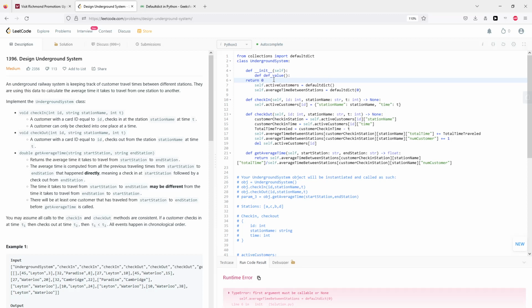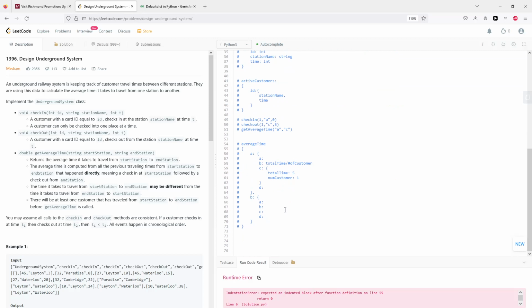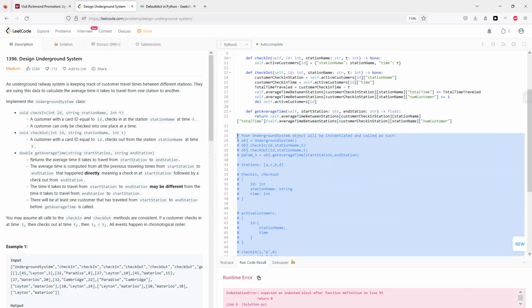Return 0. Indentation, line 55. What the heck? Yeah, so